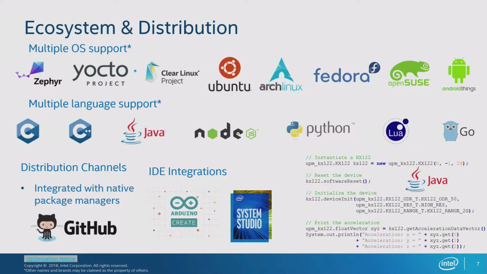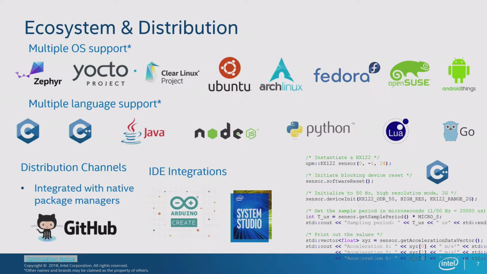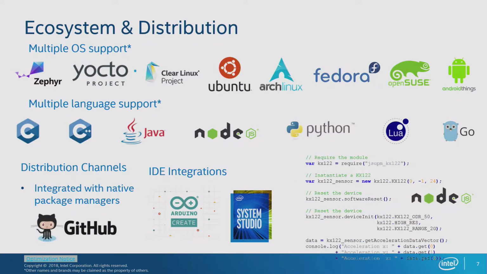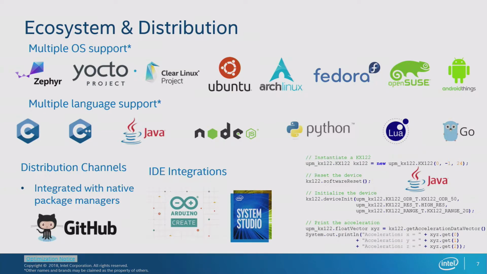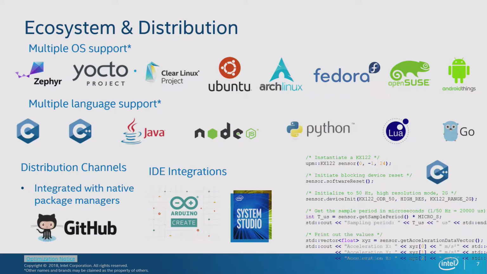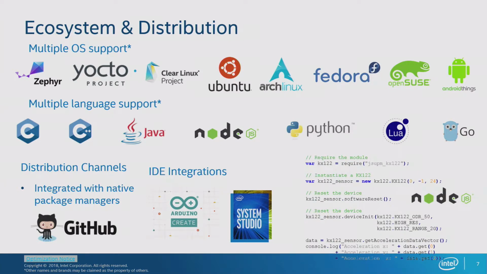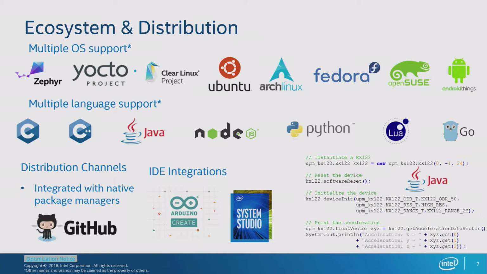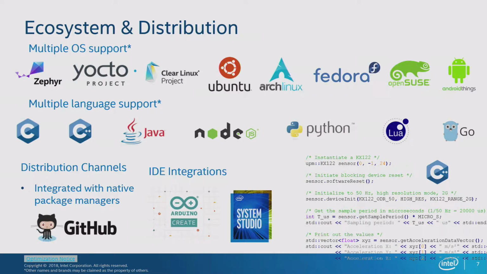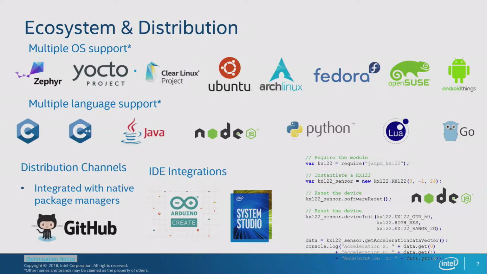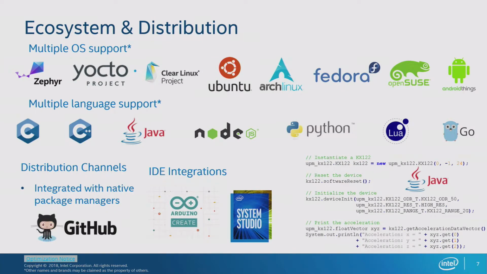The Octo project, I don't even have to mention that with partners like Wind River and whatnot. Clear Linux, which is another Intel initiative, is natively supported as well. Debian flavors, Ubuntu's there up on the list, but then from guys like Eon, we support UBLinux as well, and that's one of the OSs of choice for those UP and UP Squared platforms and those series. And then the community added more. They added packages for Arch Linux, Fedora, and even Android Things, and that was quite impressive.